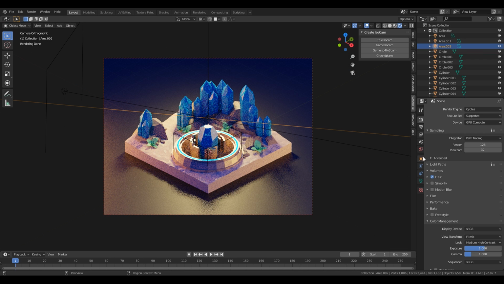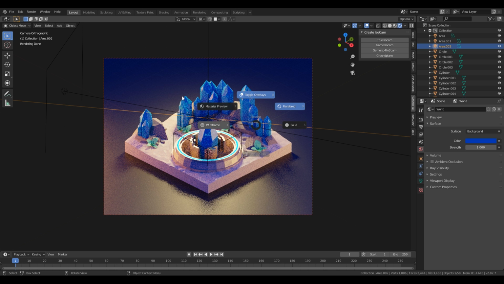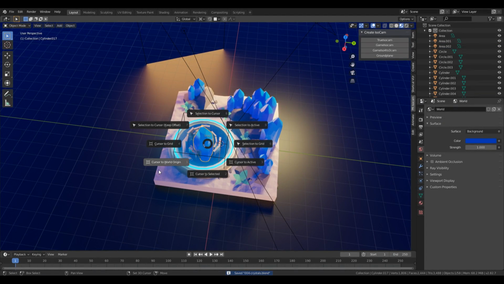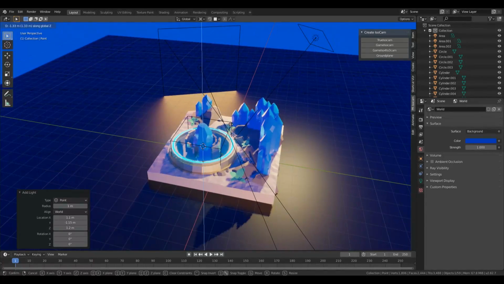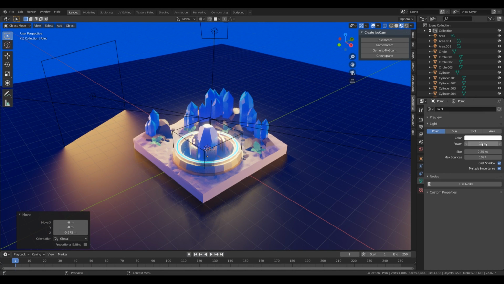Okay, I can see right away that we need to adjust the world lighting a little bit, make it a bit stronger. And one last thing that's missing here is some contextual point lights here and there to make the scene look a little bit more interesting. So let's snap the cursor here, add the point light, and maybe we can leave the point light inside the crystal so it will shine from the inside. And let's give it some strong value and some color,